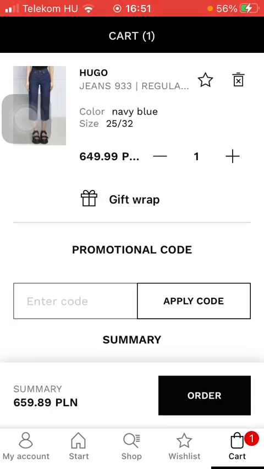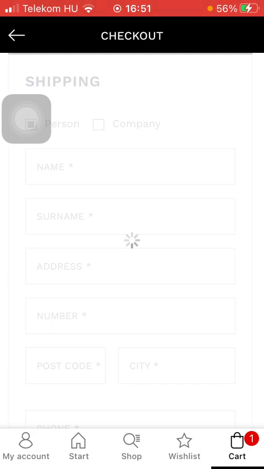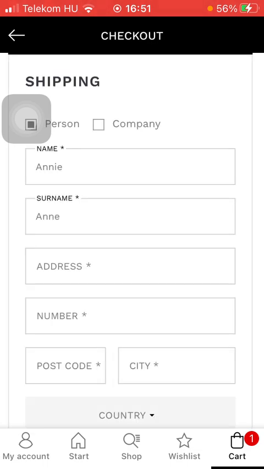Then scroll down, tap on quick purchase, select your size, then tap on the shopping cart button down below in the right side corner, enter a promotional code if you have any, then click on the order button down below. Go to the checkout section, and then you should add your details